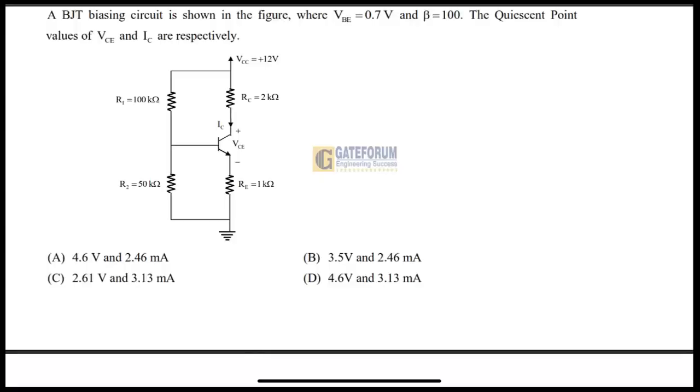So the question here is: a BJT biasing circuit is shown in the figure, where VBE is equal to 0.7 volt and beta is equal to 100. The quiescent point values of VCE and IC, respectively, are to be found. This is the circuit given here, and the answer is given in four options, A, B, C, D. So we have to find out the correct answer, and this is the question they had asked in GATE 2024